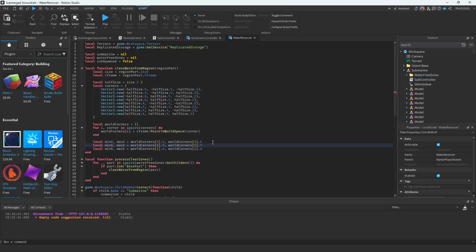And I'm going to change this to y, and I'm going to change this to z. Again here, y, z, and one last time here on this side of the equation, y and z. So now that we have all world corners set, we're going to loop through and find